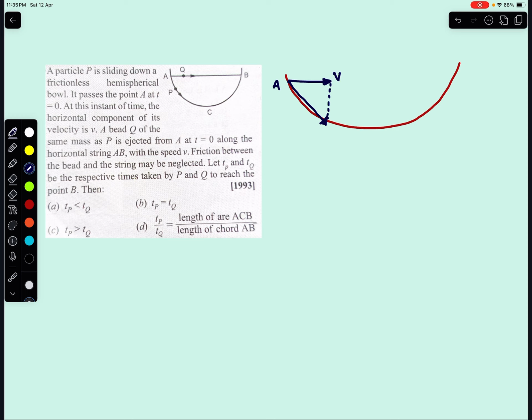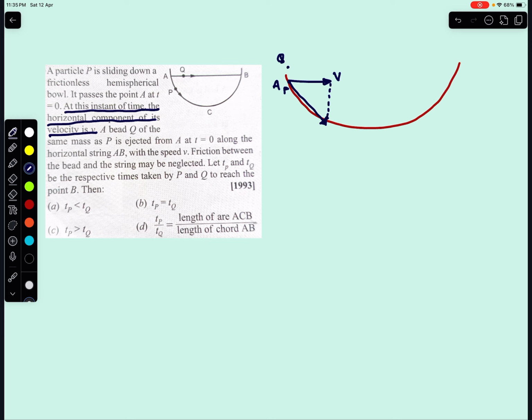Horizontal component is v. At this instant, the horizontal component of its velocity is v. A bead Q of the same mass as P. This is bead P. There is a bead Q of the same mass